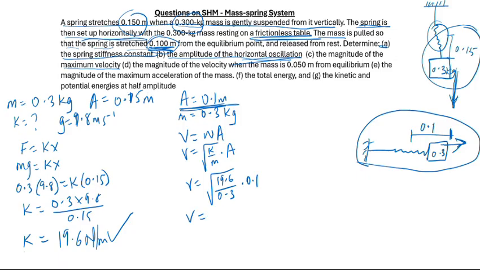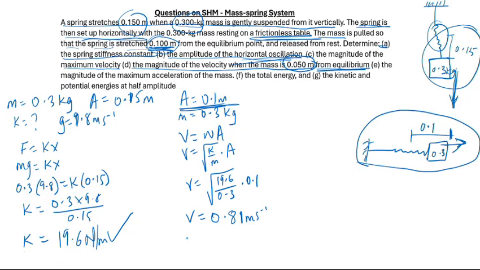So the velocity is now equal to 0.81 meter per second. So this is the velocity, the maximum velocity at which it moved. Then the next question says, find the magnitude of the velocity when the mass is 0.05 meter from the equilibrium